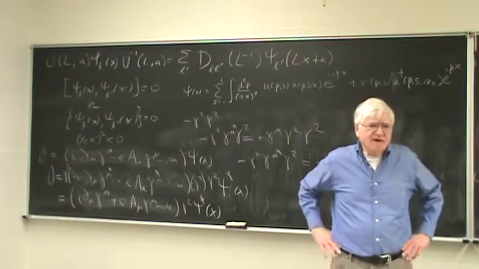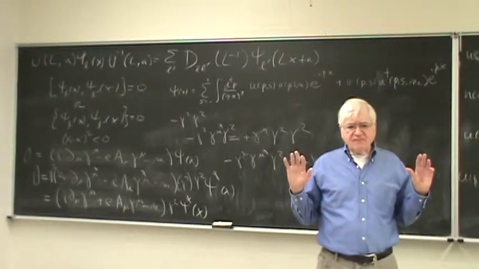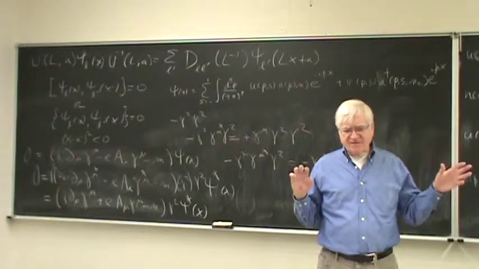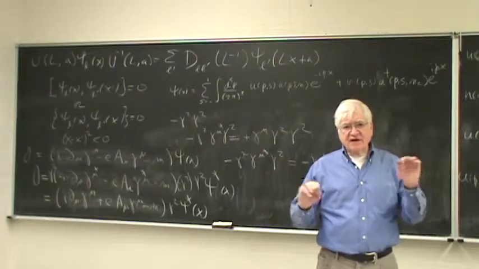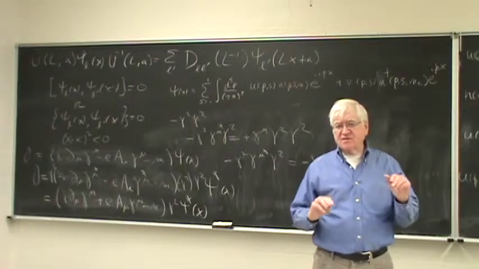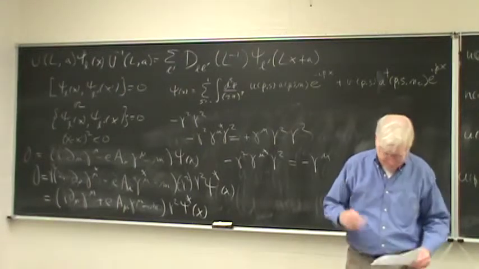And the reason this matters is that you'd have the positive frequency part with the negative frequency part, and the negative frequency part with the positive frequency part, and these things just don't cancel unless